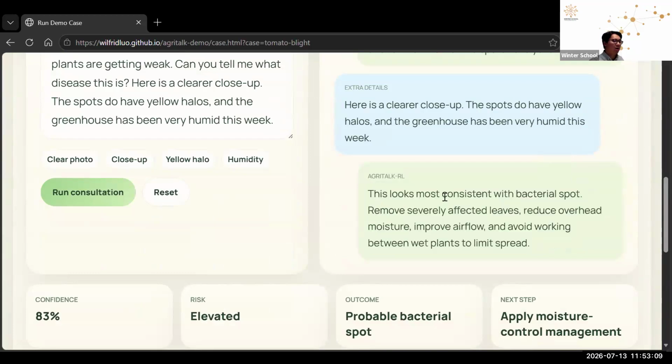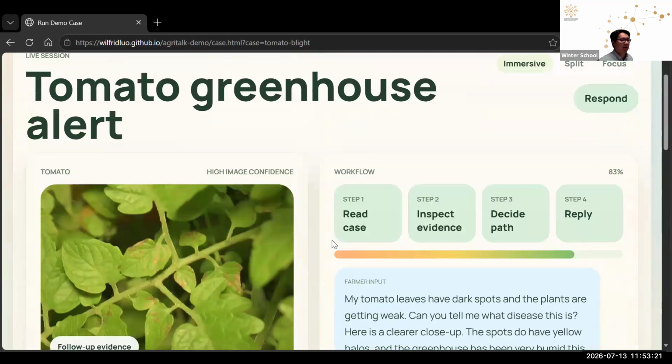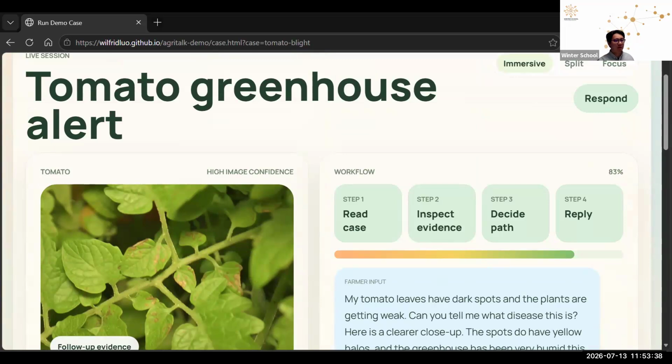So this looks the most consistent with a bacterial spot or fungus, whatever, based on the knowledge of this automated expert. So this is basically what current research on those neural networks, those VLMs, those LLMs, those top-level models could do. So AI in agriculture would definitely play a more and more important role. And I hope this gives you enough intuition and thoughts. This is my reference and acknowledgement. Thank you.